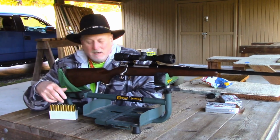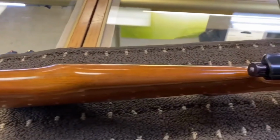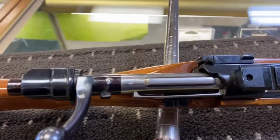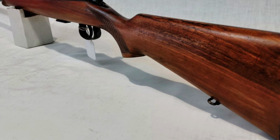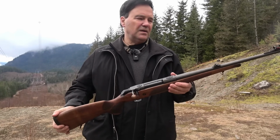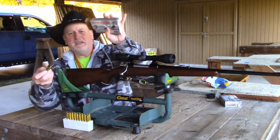Let's take a quick look at the difference between push feed and controlled round feed CRF actions. Push feed systems dominate modern bolt-action rifles. They're cheaper to produce, easier to assemble, and usually offer smooth cycling, straight out of the box. For most shooters, from range days to casual hunting, that's more than enough. But when conditions get rough or reliability is